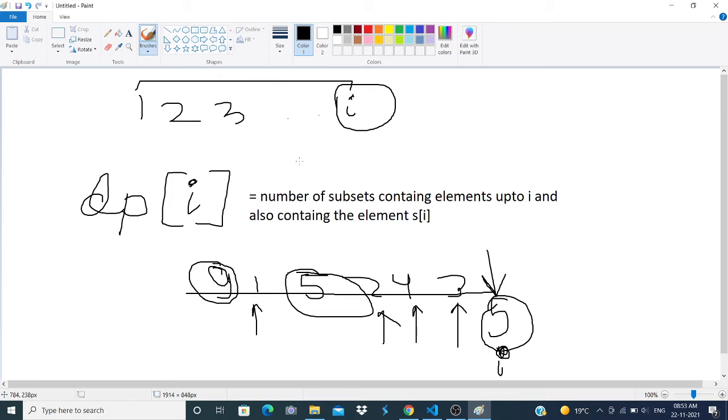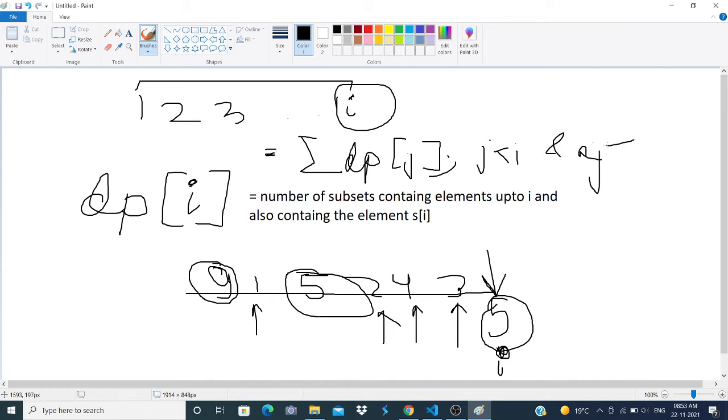So what I want to say is that this dp of I will be equal to the summation of dp of j where j is lesser than I and a of j is also lesser than a of I. Because once you know you are taking this S of I, you are guaranteed that you will have to take all the elements to the left of it which are greater than or equal to it.